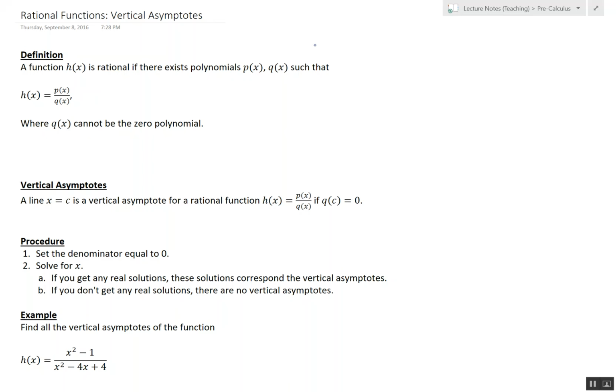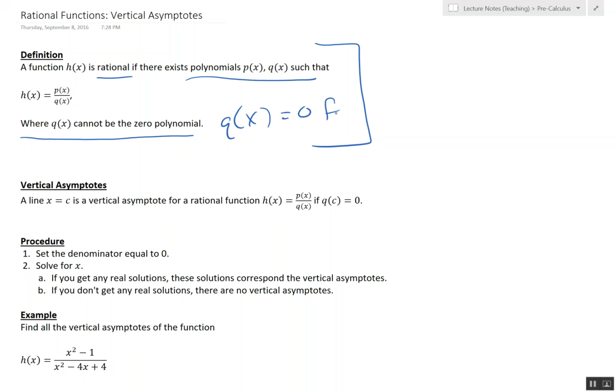So just a definition here to remind you what a rational function is. A function h is rational if you can find two polynomials, p and q, such that p divided by q gives you h. The only restriction is that q cannot be the zero polynomial, or basically q of x equals 0 for all x. So we can't have that, but anything else can be in the denominator. Basically, if your function is non-zero for one value of x, it can go into the denominator of a